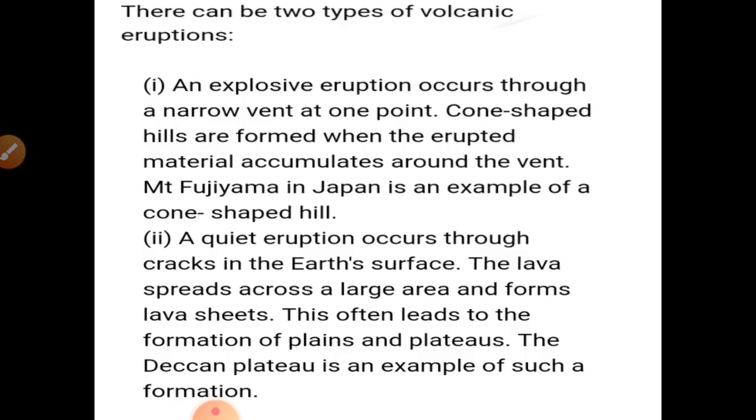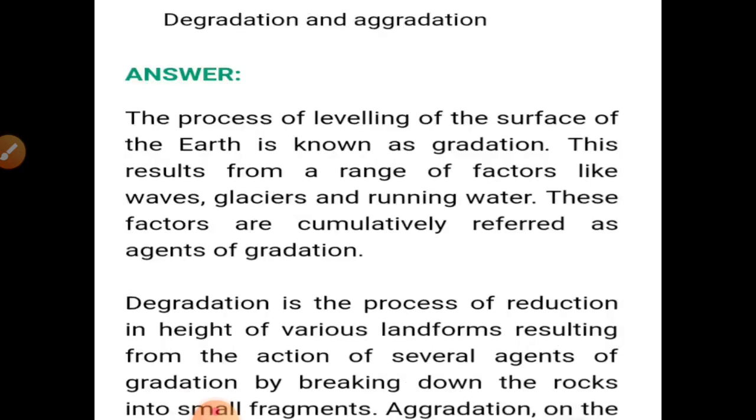And next question we have: distinguish between degradation and aggradation. Okay, so what is degradation and what is aggradation? So the process of leveling of the surface of the earth is known as gradation. This results from a range of factors like waves, glaciers and running water. These factors are